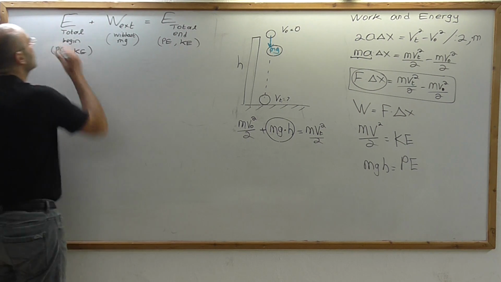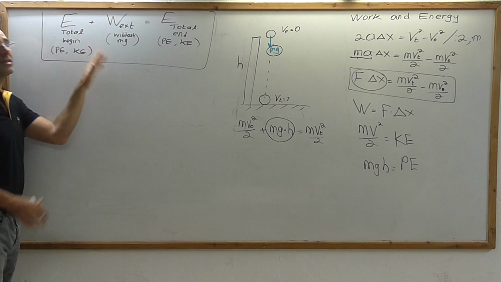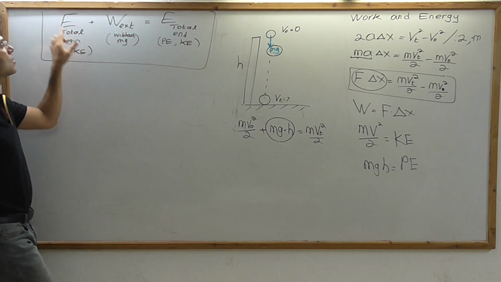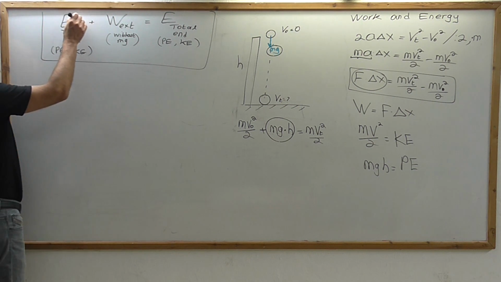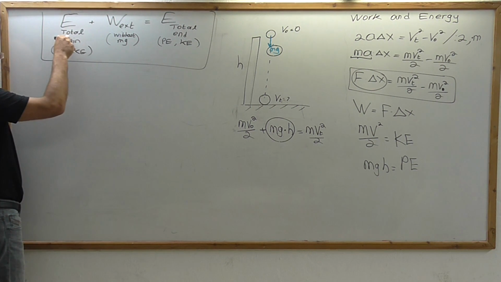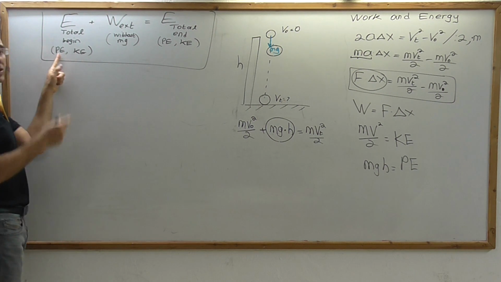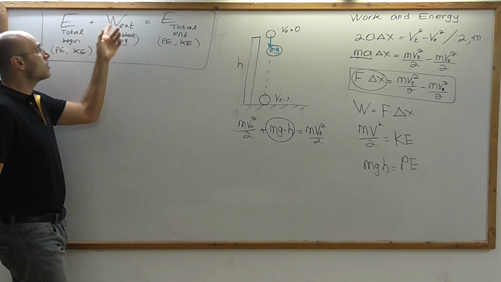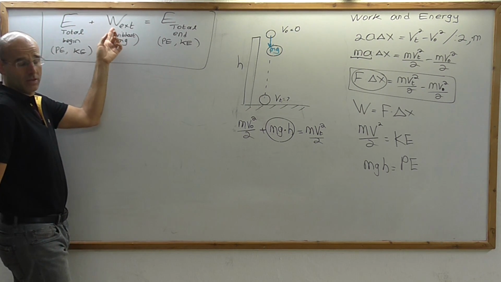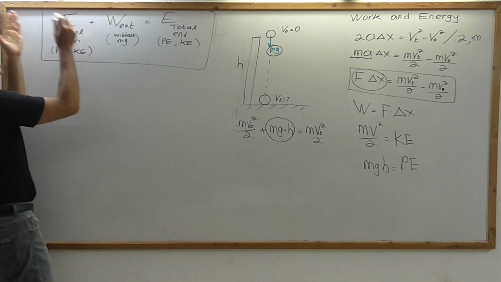This is how we are going to treat all the problems we are going to deal with. This is the law that defines the conservation of energy. It means that if an object has initial energy due to its velocity or due to its height, and some other forces are applied on this object and do work on it,